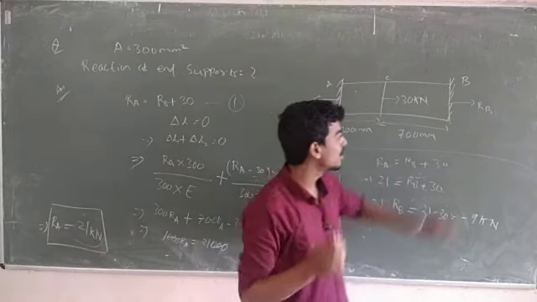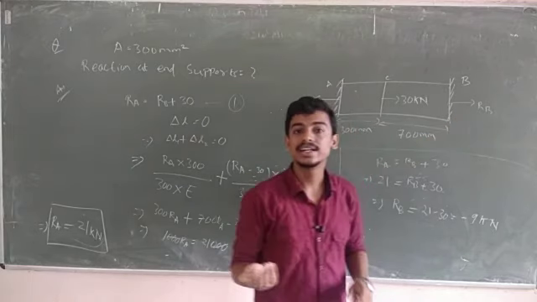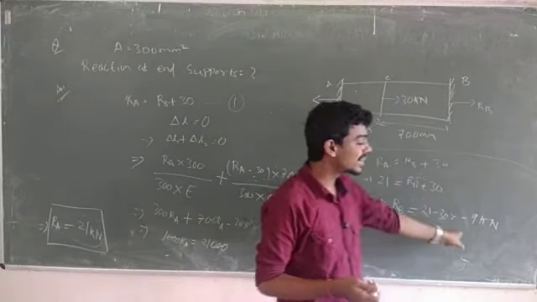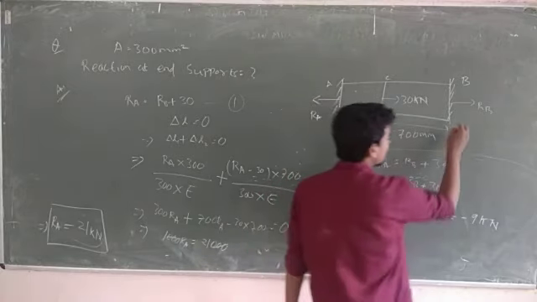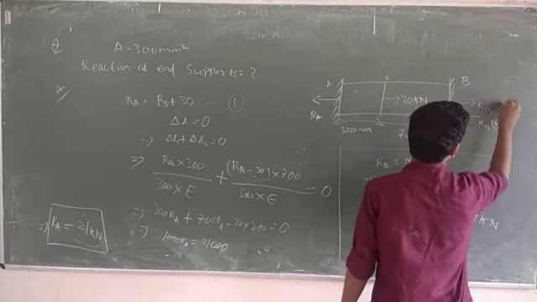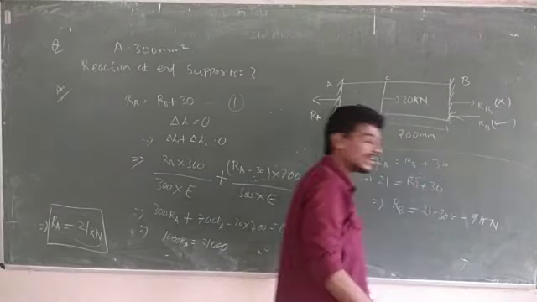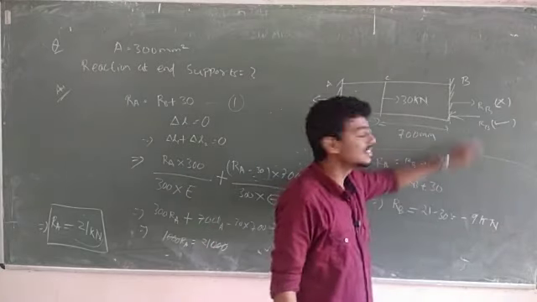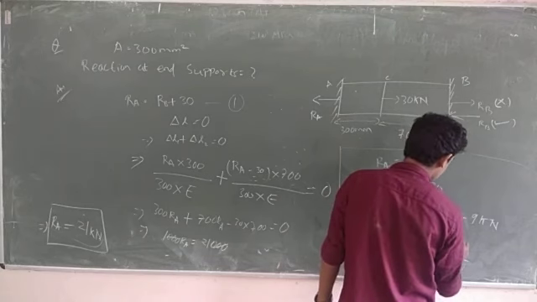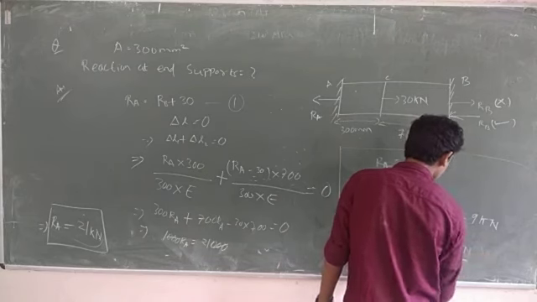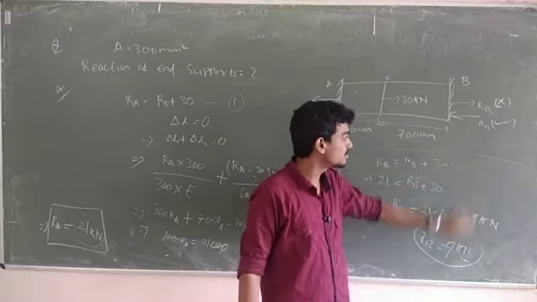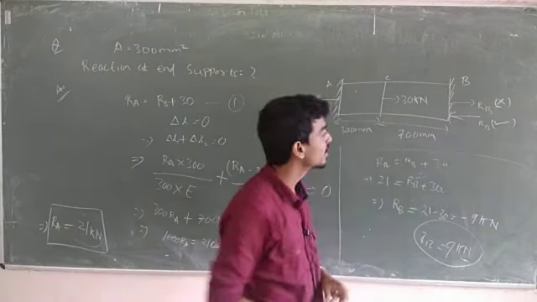I already told you while starting the problem, I just took it arbitrarily. I took it like that because I didn't know the direction. Now negative has come, so what did we find out? The direction is on this side for RB. This is right, this is wrong. So you can change the direction and input the value RB equal to 9 kilonewton. If you take negative, then show it negative. If you want to take positive, just reverse the direction, then that will be positive.